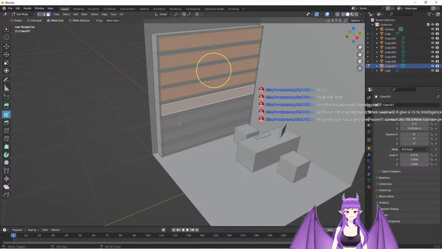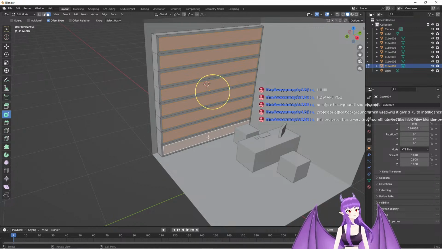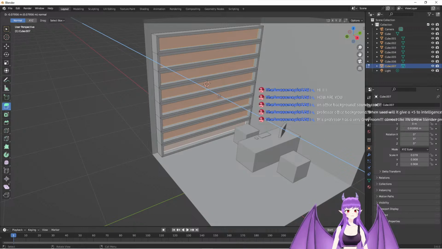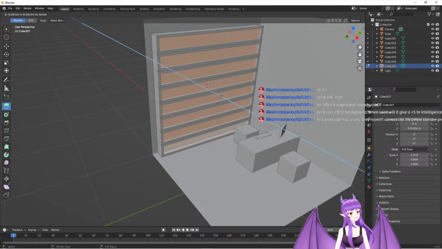Put these on there. We extrude backwards. Like that. But actually we want to put that because this will become used for painting the, well,